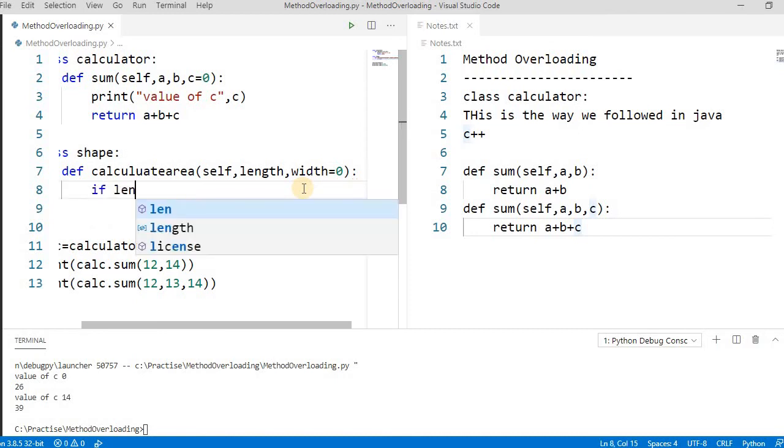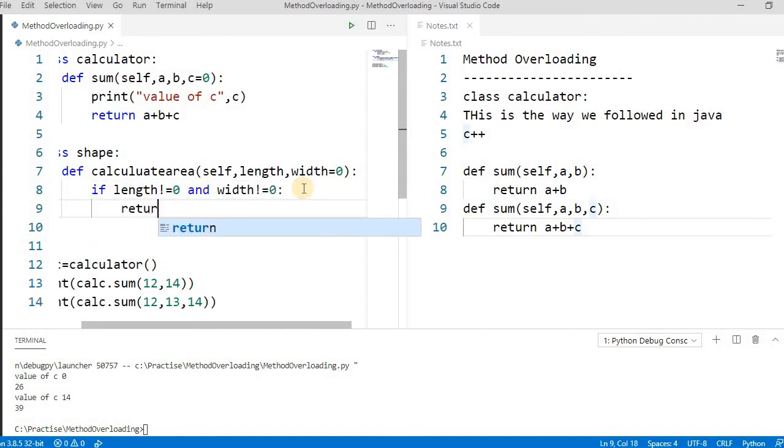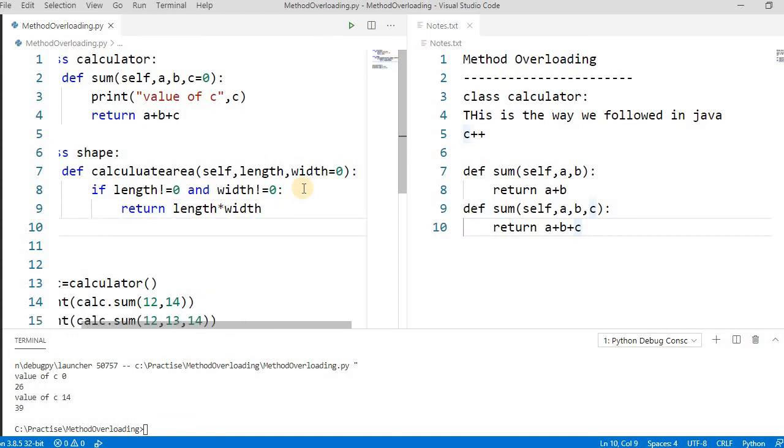If length is not equal to 0 and width is not equal to 0, return length into width. That is the area of a rectangle.